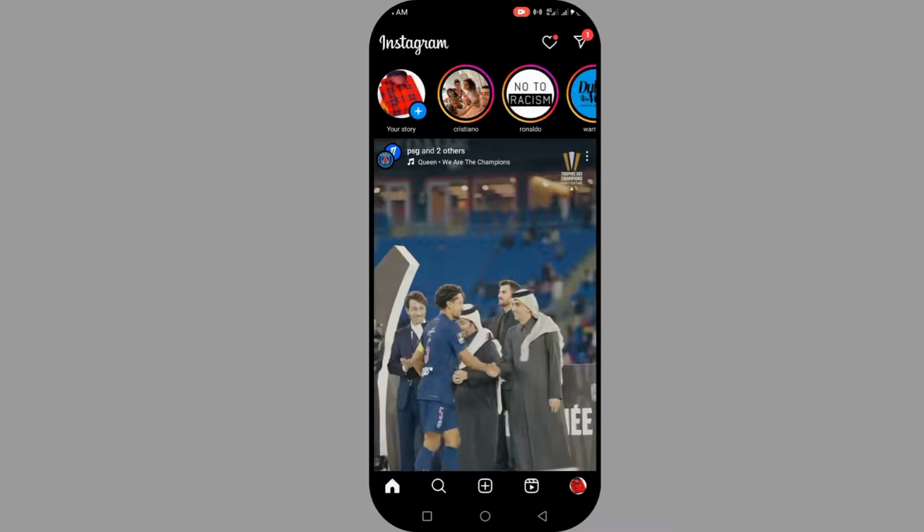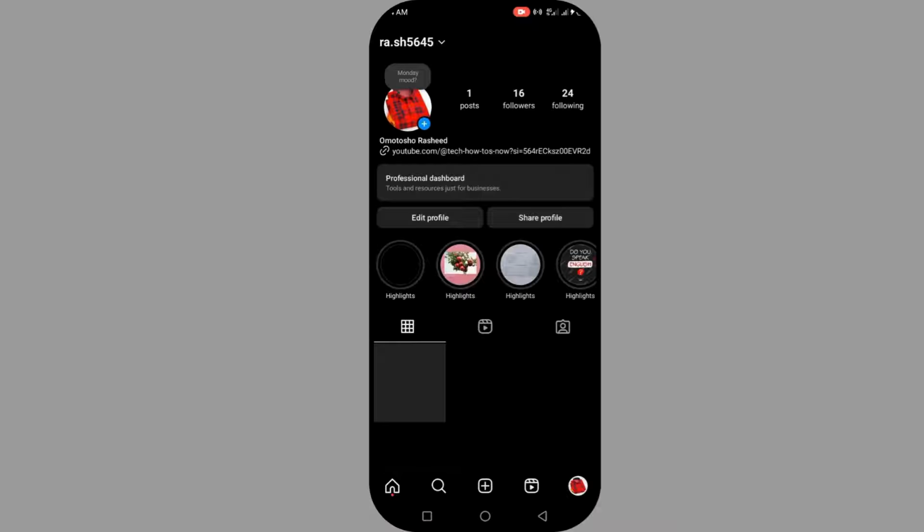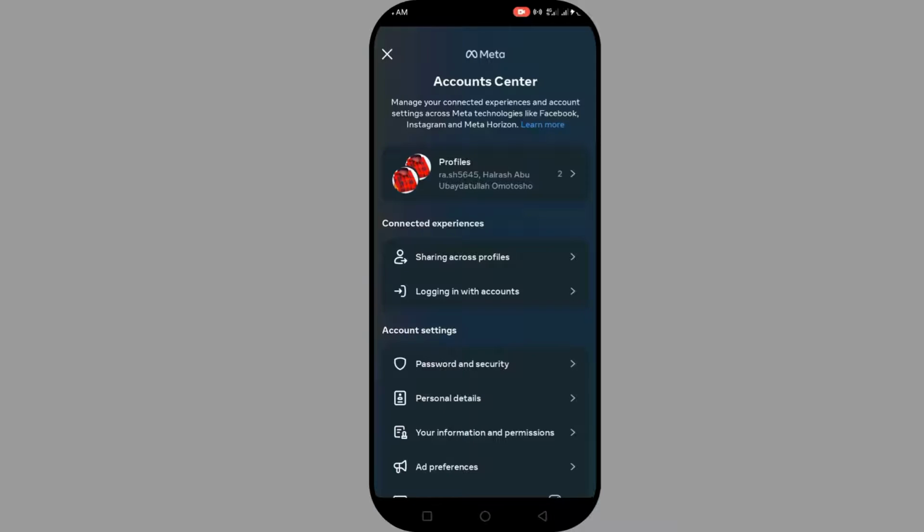Once you open your app, click on your profile picture, then you click on your three lines, click on your Account Center,